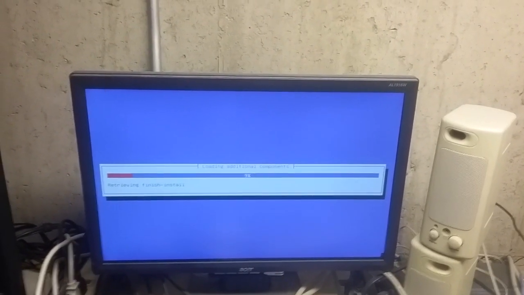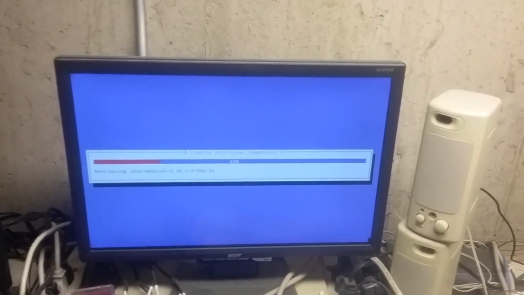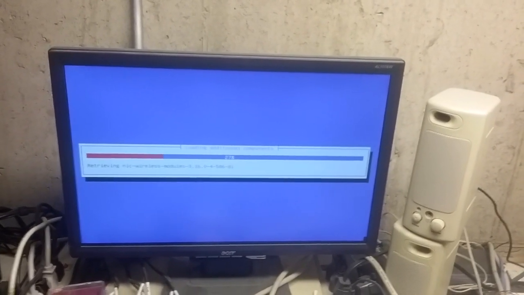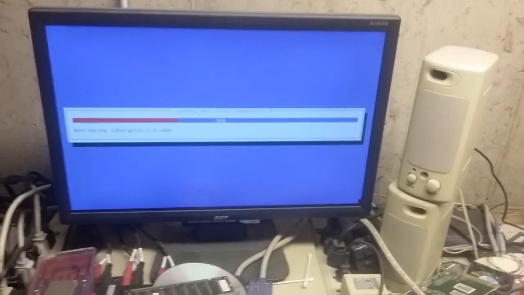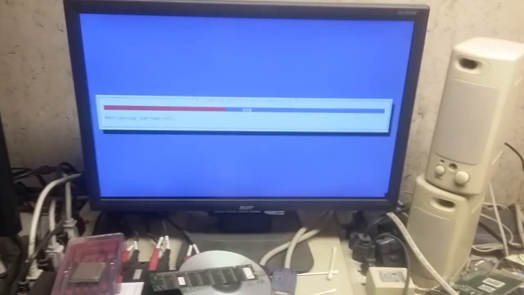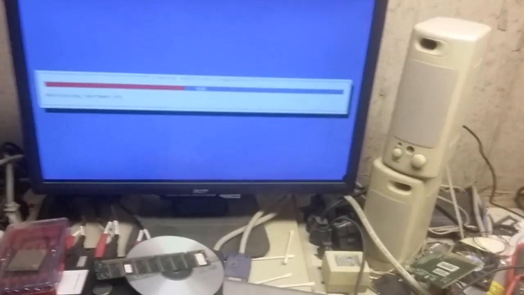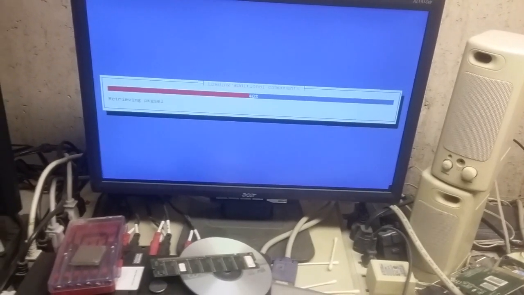This one is going to be Debian 8.10. Another one is Debian 9.3. And the last one, I'm going to just do the Ubuntu experience. So given that, to compare,